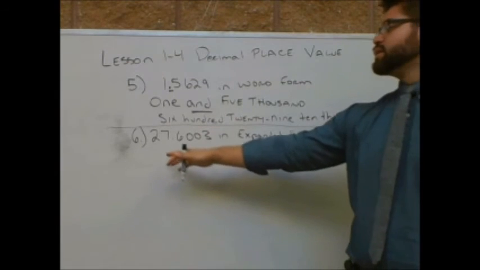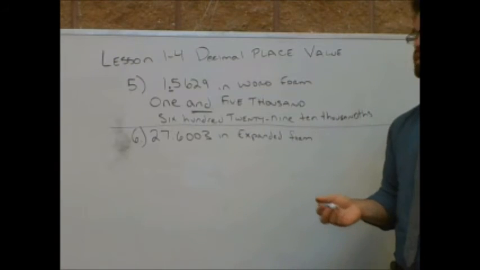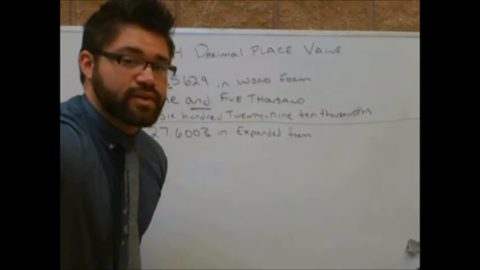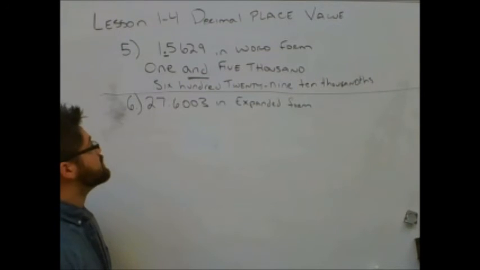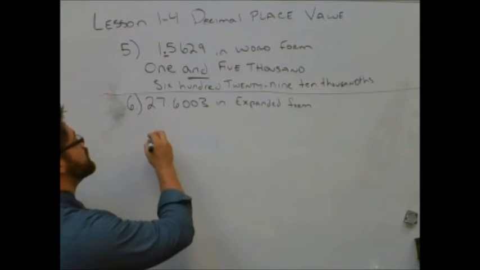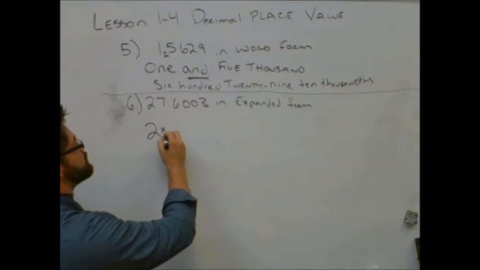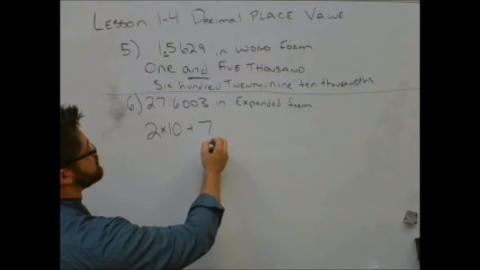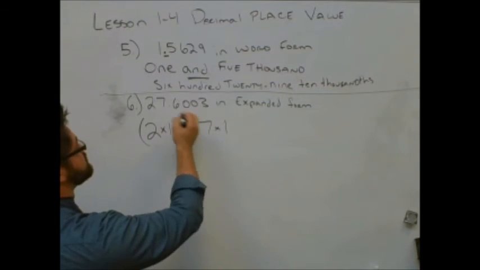And then now we need to write 27 and 6,003 10,000ths in expanded form. Okay, so in order to do this, what I'd like you to do is use place values this time. So normally, I said that you can just write it out as like 20 plus 7 plus whatever, but this time we're going to do it a little bit different. We're going to do the digit times its place value plus the digit times its place value. So 2 times 10 plus 7 times 1